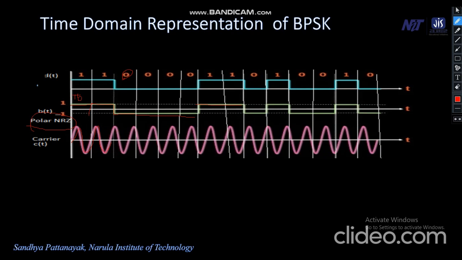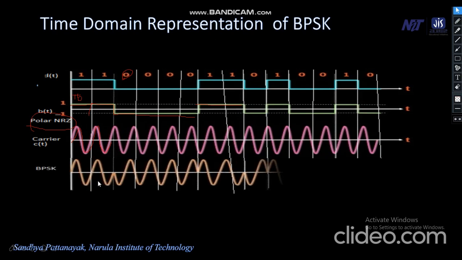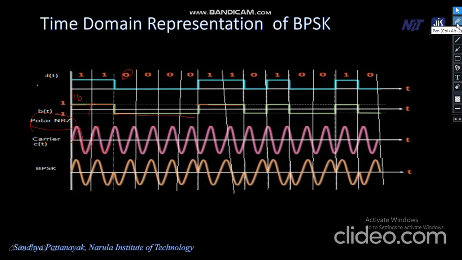Now, next what happens? Let me tell you. So you see, this is the BPSK waveform. We observe the phase shifts over here. So what are the phase shifts? As I told you, in BPSK there are two phase shifts. One is your 0-degree phase shift and the other one is your 180-degree phase shift. Right? This is your 180-degree phase shift. Now let us see in this time domain representation where the 0-degree phase shift takes place and where the 180-degree phase shift takes place.